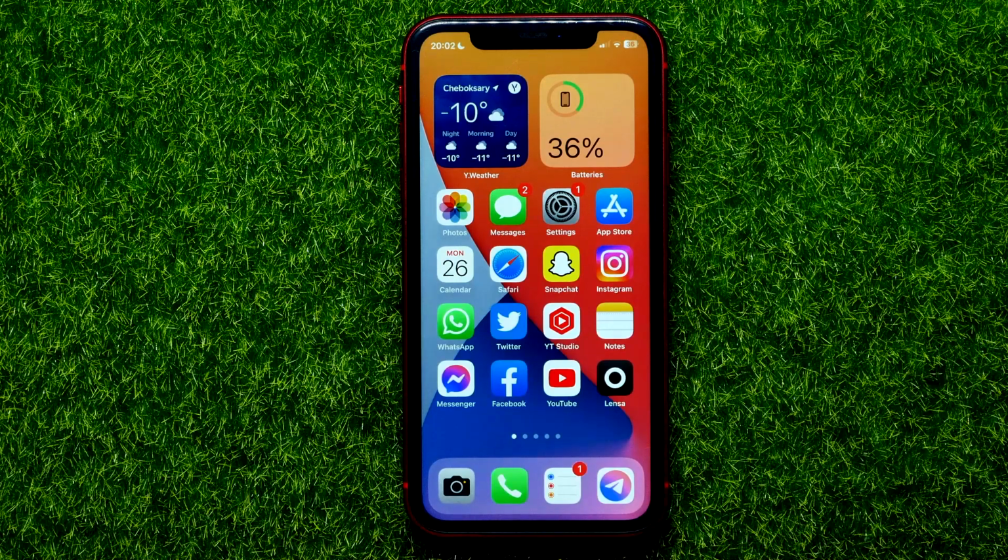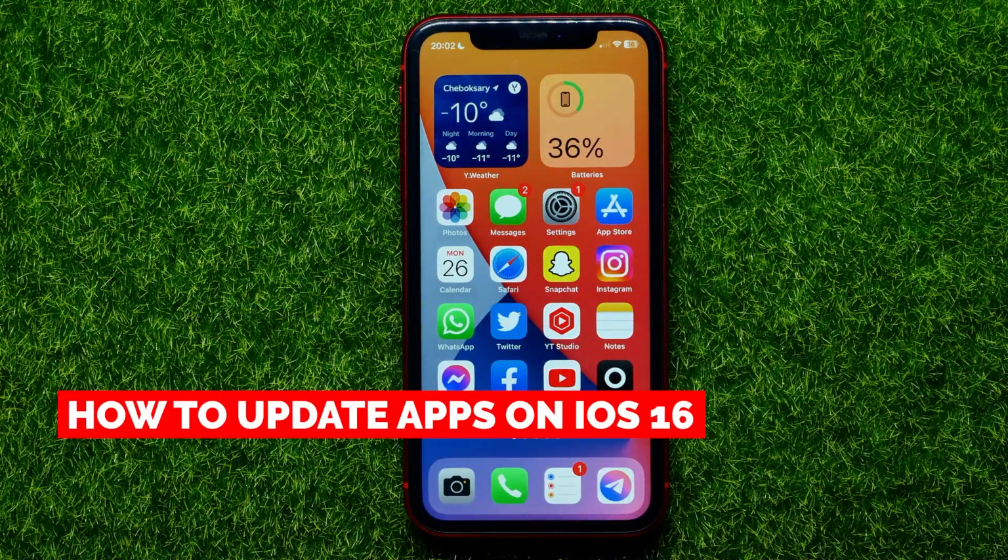Hello guys, welcome back. In this video I'm going to show you how you can easily update apps on iOS